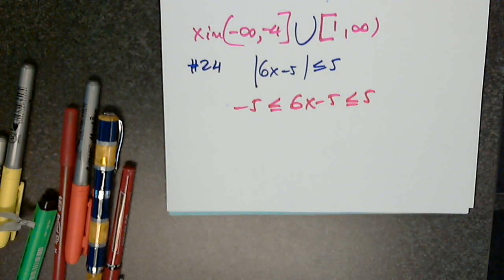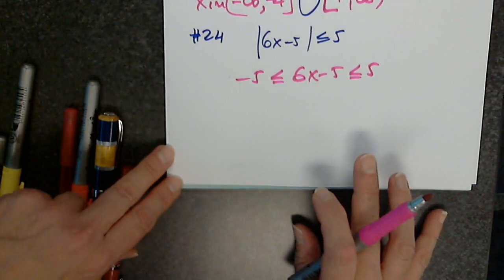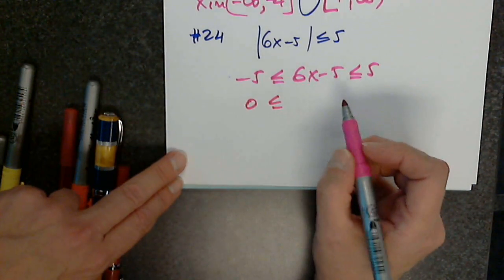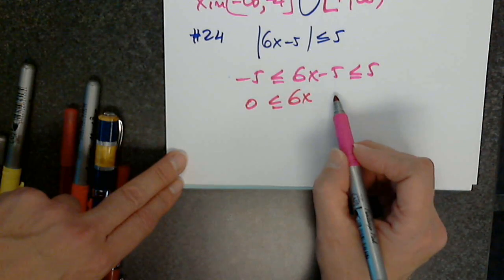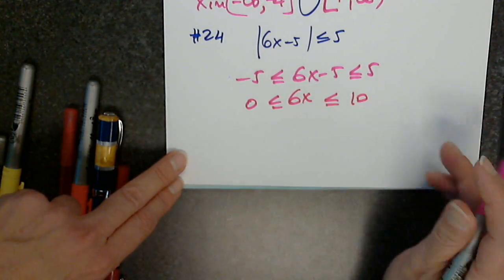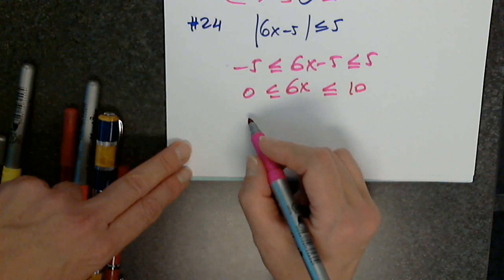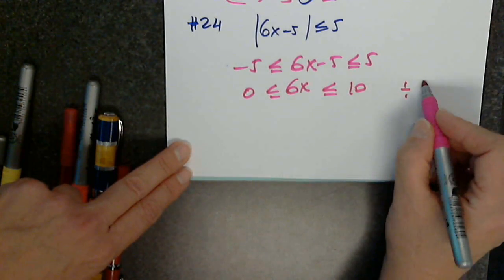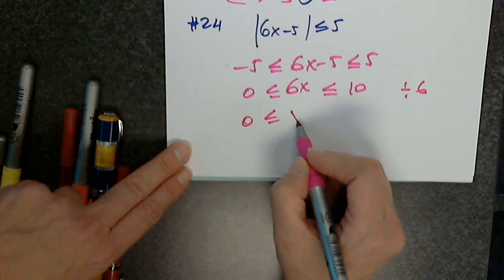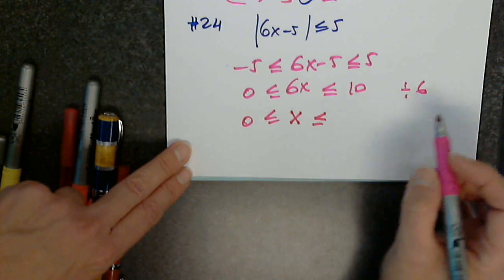Excellent. What will you do next? Add 5 to all of them. Very good. So then the left-hand side becomes 0, less than or equal to 6x, less than or equal to 10. Final step, divide by 6. Left-hand side 0, less than or equal to x, less than or equal to